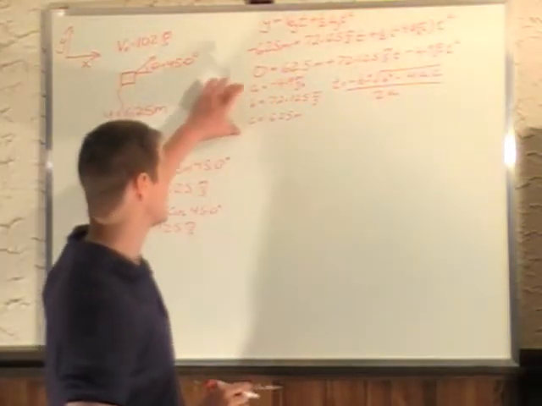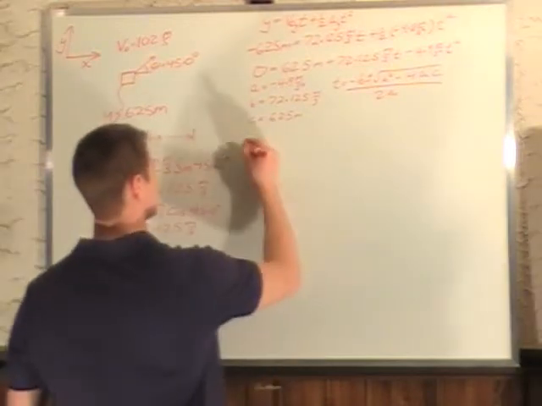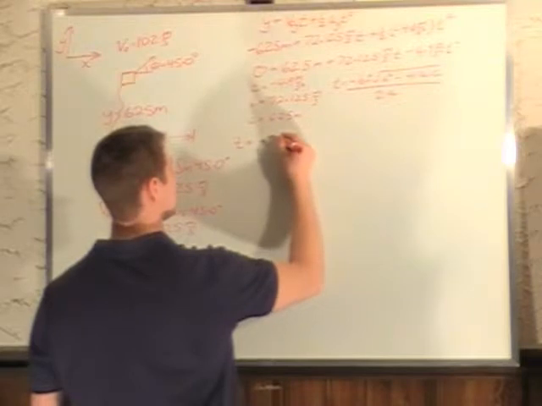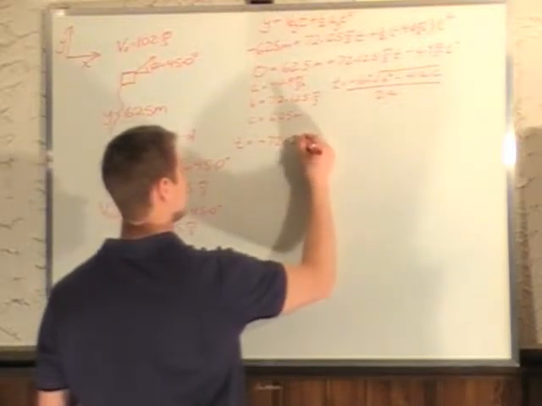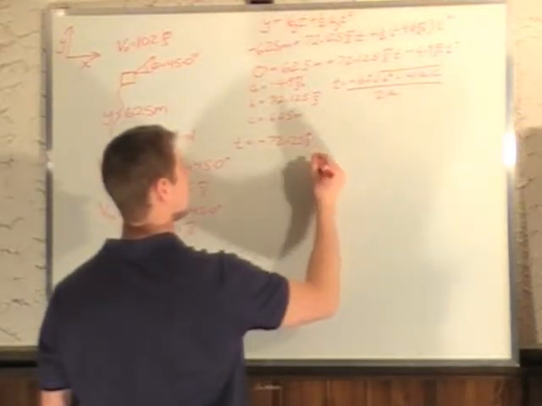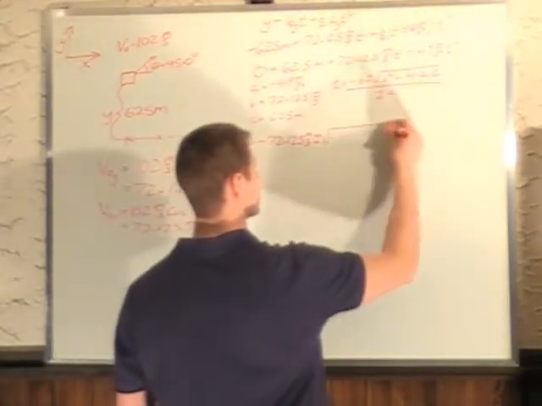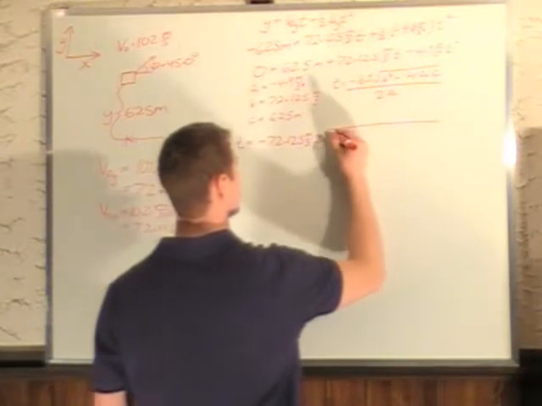So I'm going to plug a, b, and c into this equation. T equals negative b of 72.125 meters per second, plus or minus, which is going to give us two solutions,